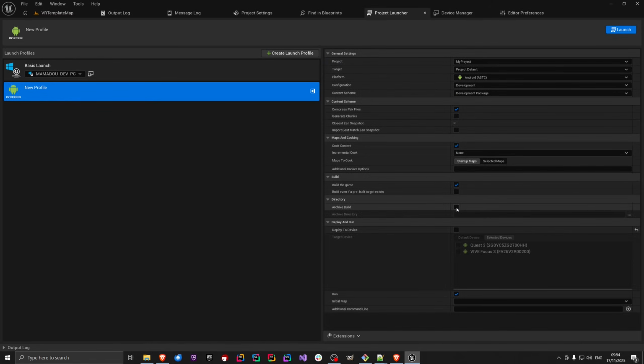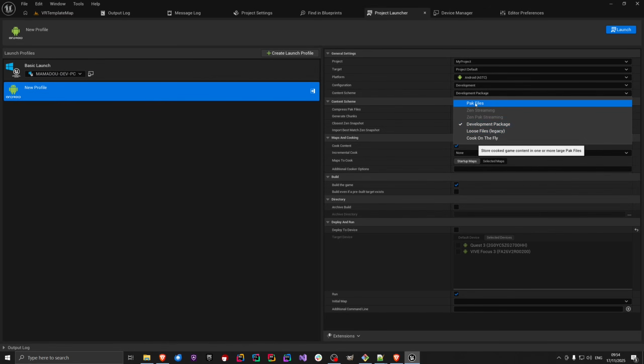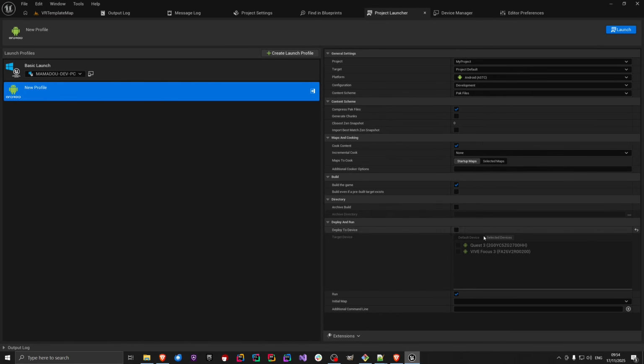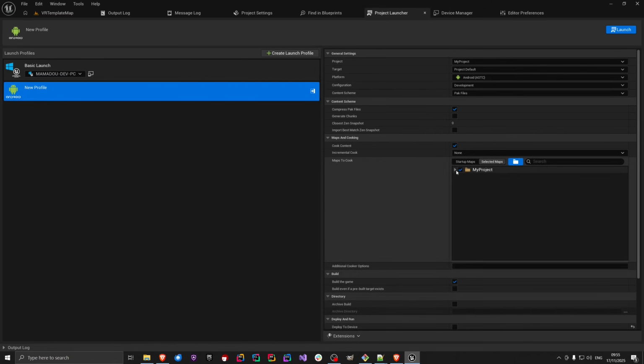It just creates like an APK inside the folder. Then I could manually deploy that to the headset. For example, that's one way to do it. But in any case, I'm gonna use the pack files. I think, yeah, I'm happy with this instead of development packages, but you could also choose that as well. And then there are other settings like, for example, which map you are going to deploy, you could just select it here